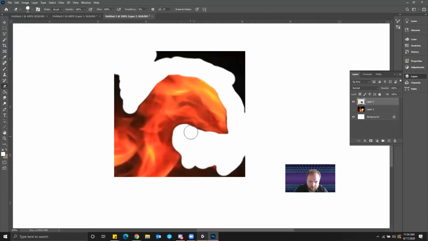Getting different texture and color and everything going on. And then it kind of loops up a bit here. I'm just going to take this and separate it. Maybe something like that. I don't know. We'll see how it comes out. Yeah, I don't like what I did there, but